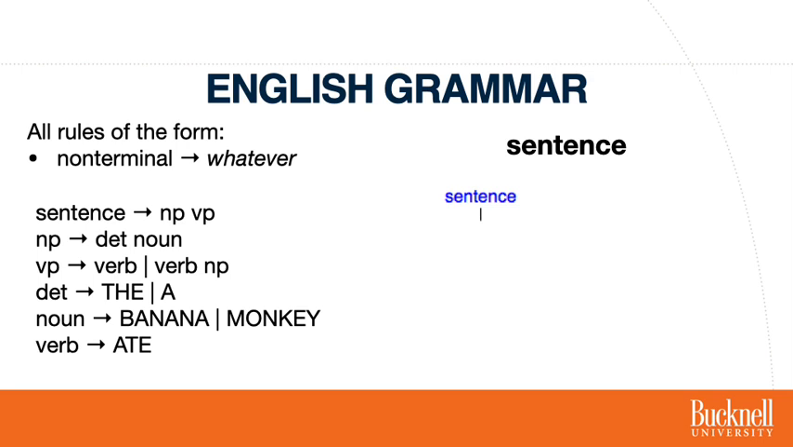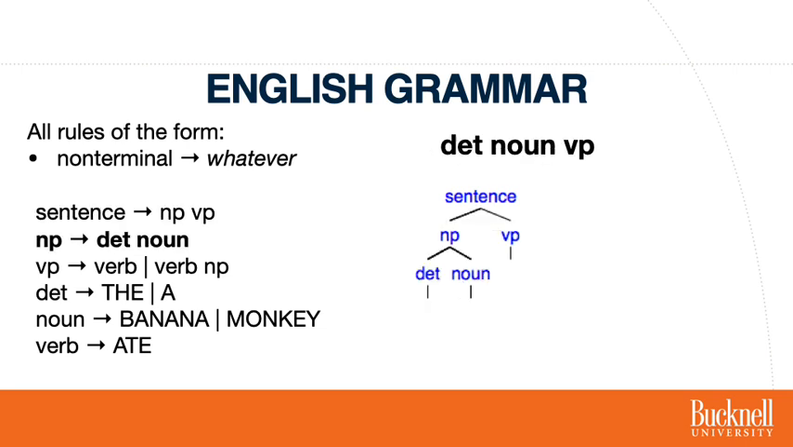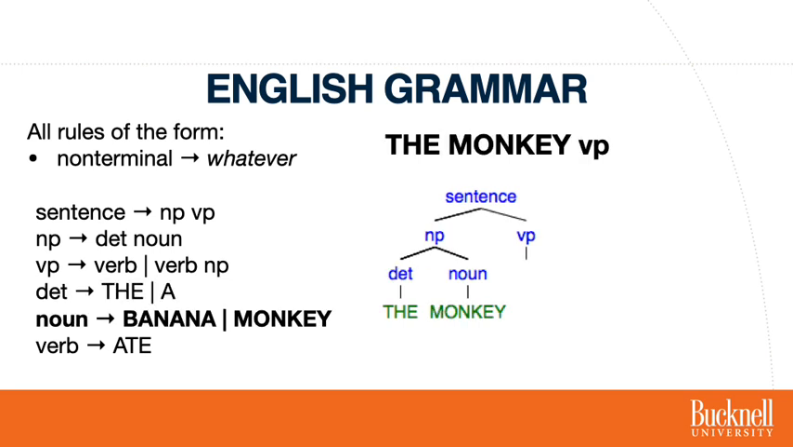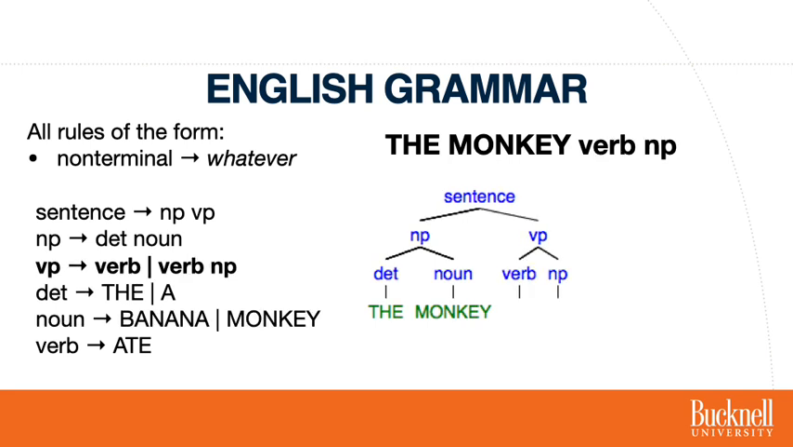Context-free grammars can capture much of the syntax of natural languages. Here's a simple example. Let's start with the start symbol, sentence. We can replace that with noun phrase and verb phrase. The noun phrase can be replaced with determiner and noun. Determiner can be replaced with the or a in this simple grammar. Let's choose the. Noun can be replaced with banana or monkey. Let's choose monkey. The verb phrase can be replaced with either a verb or a verb and a noun phrase,